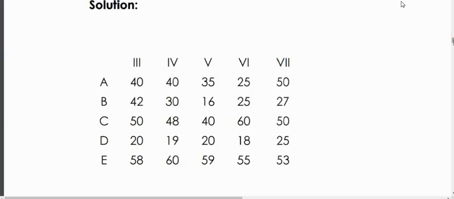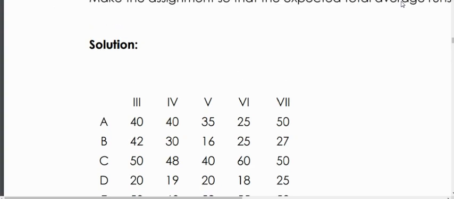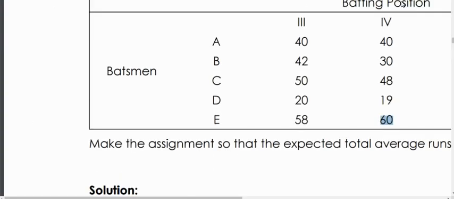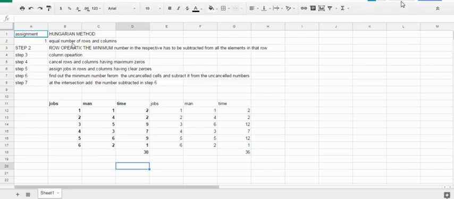So now what we are supposed to do is, in this question, I just saw that the maximum runs that are ever scored by the batsman are 60 runs. So we'll just keep the 60 number in our mind, and we'll again do as we have stated. So what were our steps?